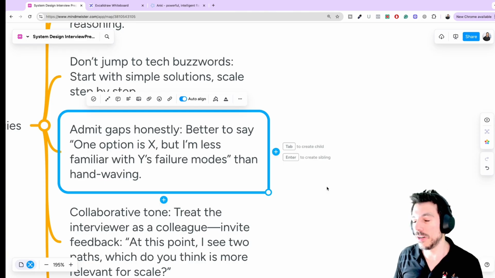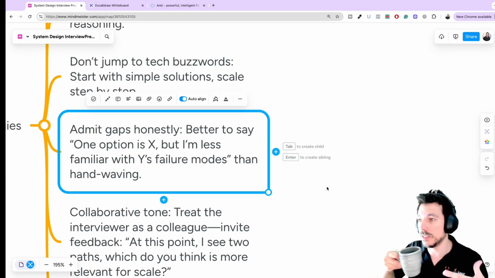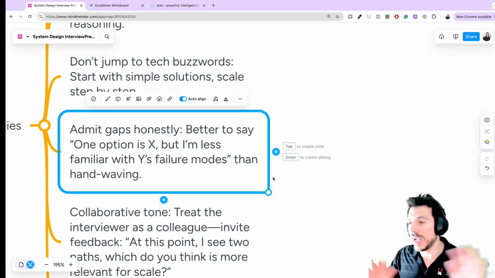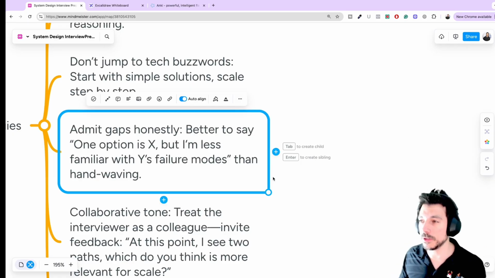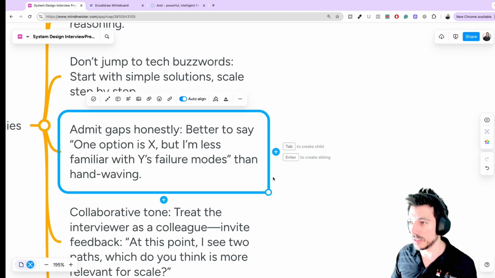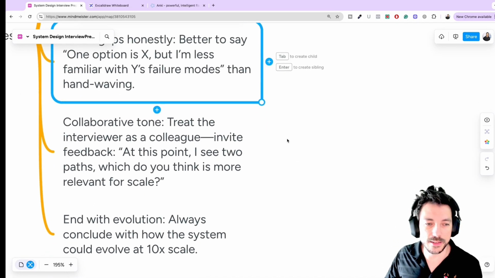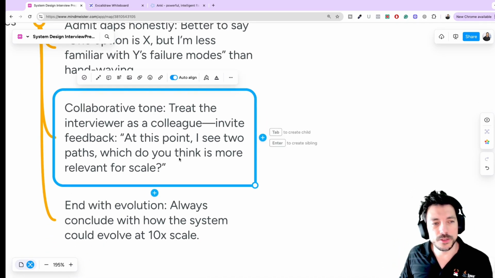And in the interview, it's very easy to tell if you are lying or not. Just ask questions about this technology. If you don't know how to answer, it's better to say, okay, I don't know this. But like I said, it's better not to even enter into those details and just say a technology that you know. You don't need to know everything, because obviously it's impossible. How many components do we have for system design? There are so many. But you need to know the fundamentals and the most important components.